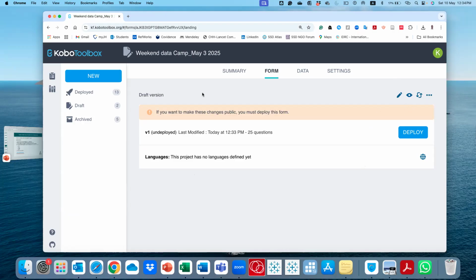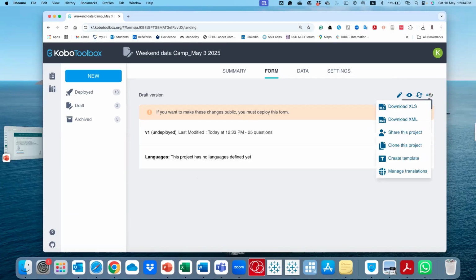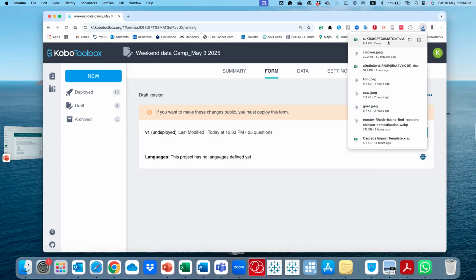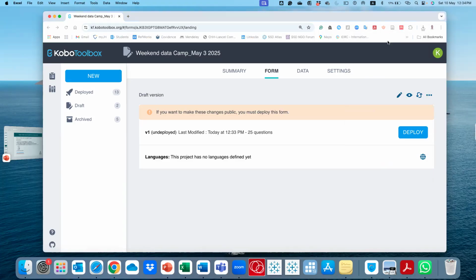Usually, if you want to build your form using an Excel, it's usually good to start with the form builder online, and then you will come to these three dots. When you come to the form, you come to three dots. And then you can download this as an Excel. There are many other things you can do with these three dots, but for the interest now, you can download your project as an Excel form. So if you click on this, you should download here. Let me open it.